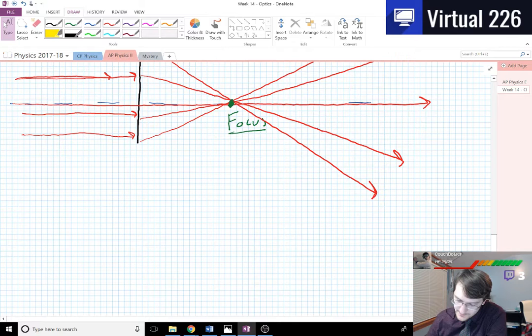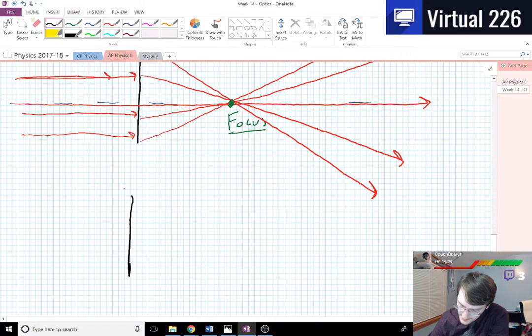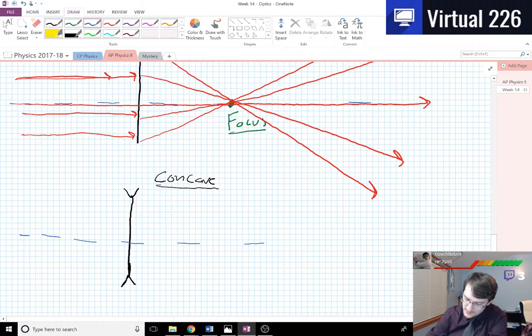With a concave lens, the easiest way to draw this is with a line, and then that's our double concave. Just much faster to draw that way. There's our principal axis. And for the double concave lens, what's actually happening is, as the light enters it,